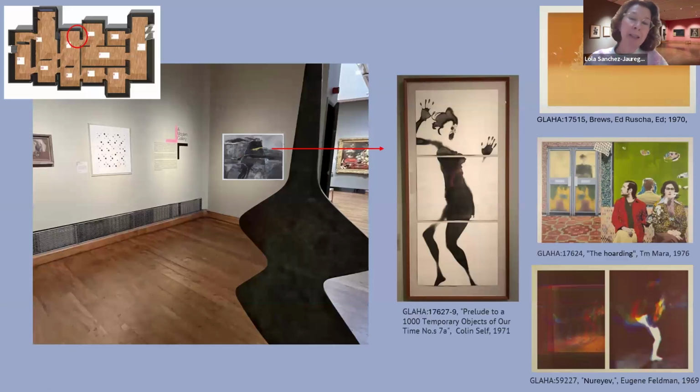Now, in other instances, we only swap one work, and this is the case for the room that we call the Modern Gallery in this space here. We have only one work that we swap, but we have to meet other requirements because the works in this room have to be produced between the decades of the 1960s and 1980s. So what we do in this case is that we